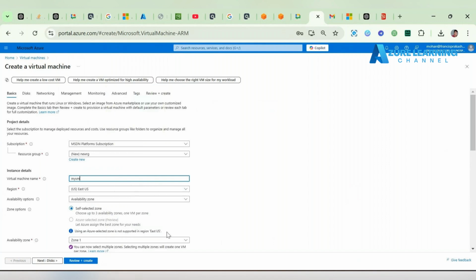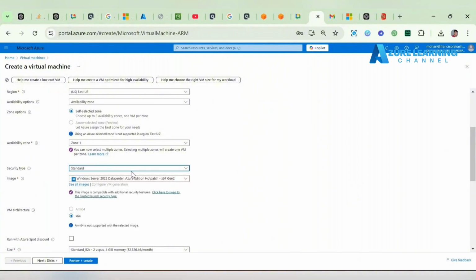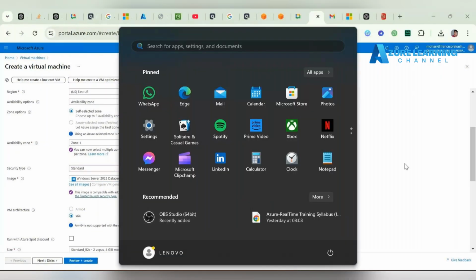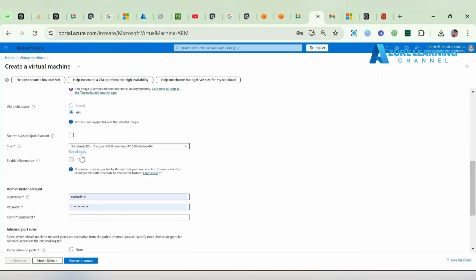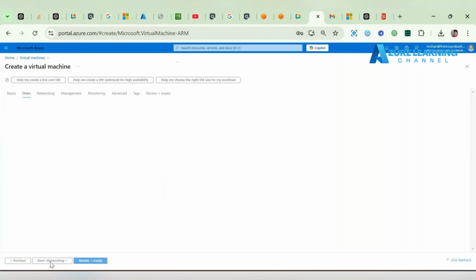This is going to be placed in this particular zone, and I'm taking the standard security, and this time I'm going to take the Windows Server 2022 edition. x64 is fine. This is going to be the root credential. RDP fine. Disk,